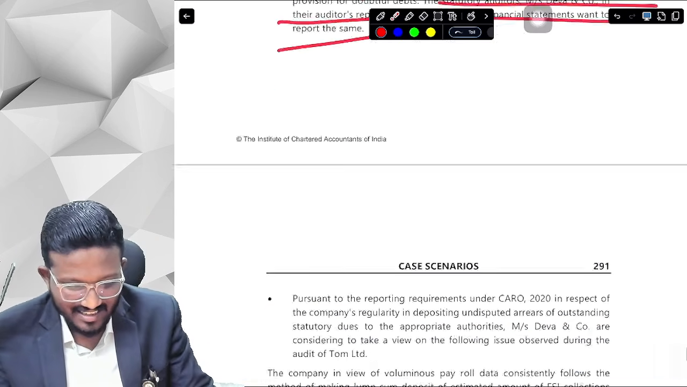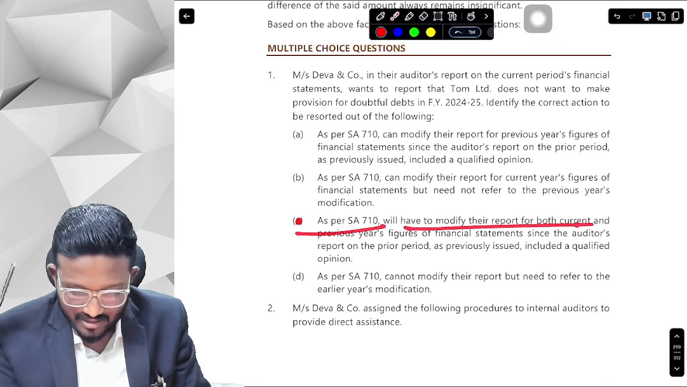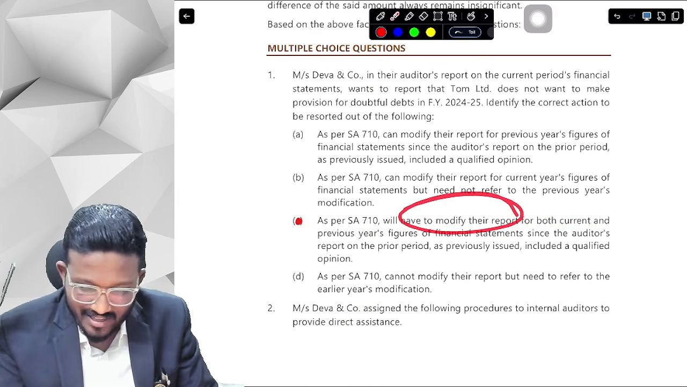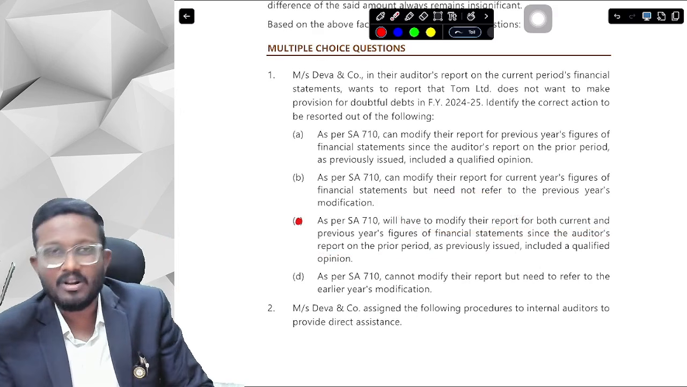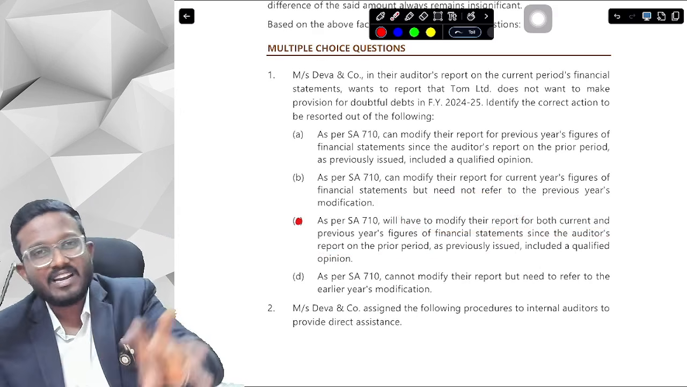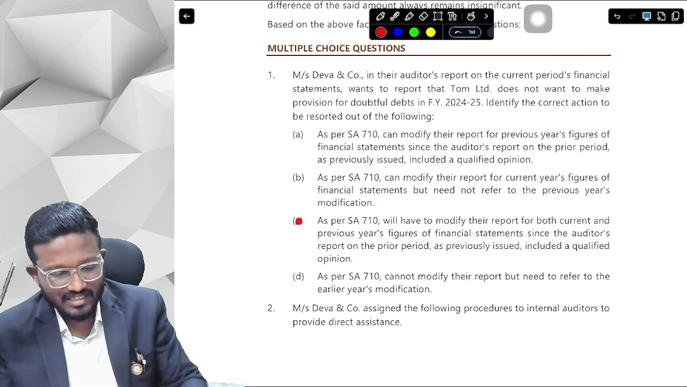Okay, yes sir. So what is it saying, sir? As per SA 710, we will need to modify the report for both current year and prior year financial statements, since the audit report of the prior year previously issued contained a modified opinion, and the effect of the modification is present in the current year as well. Okay, yes sir. Next,